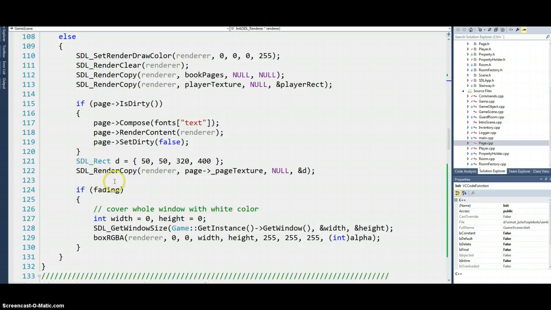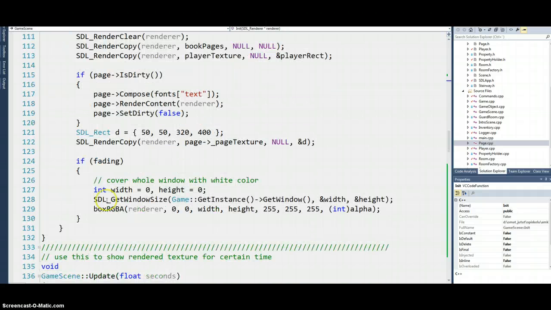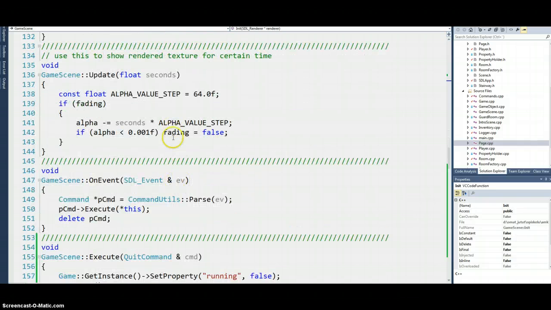And yes, the fading, which defines that fading stuff I mentioned, where the color covers the window, and update.